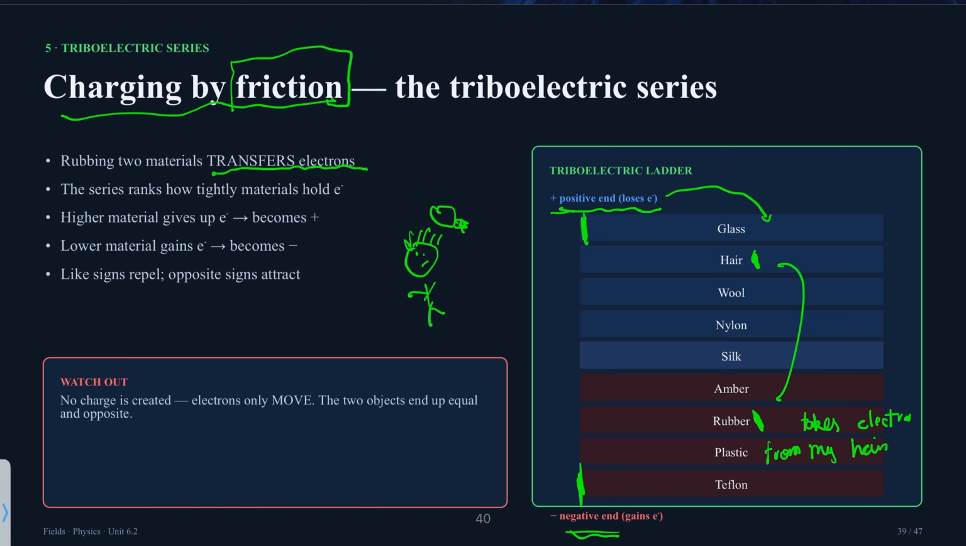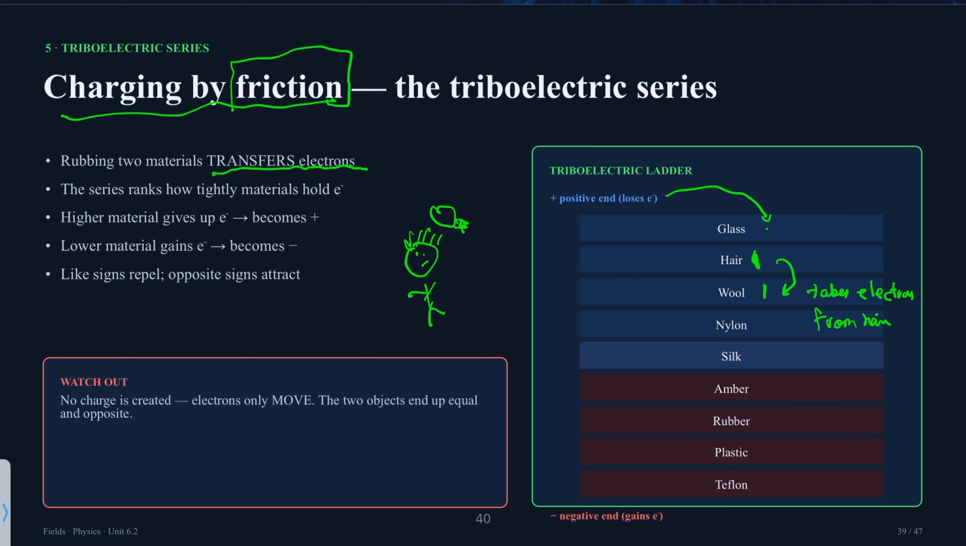So it doesn't need to be all the way down on the bottom. If I rub my hair and wool together, even though my wool is not in this section here, since the wool is lower than the hair on the triboelectric series, the lower it is, the more probable it is to gain electrons. So the wool takes electrons from the hair. Same thing with glass and hair. Even though these are the most positively probable items, if you rub your hair on glass, your hair will take electrons